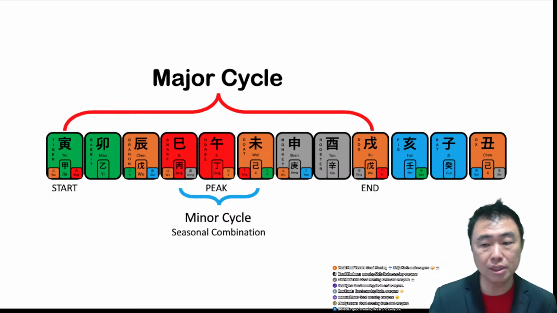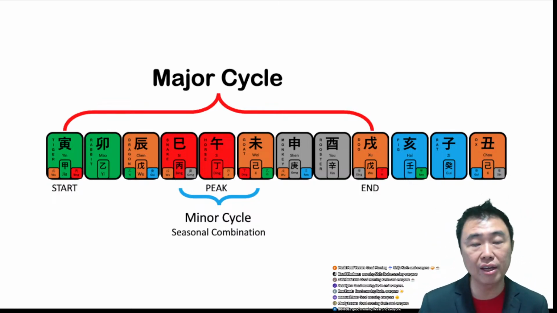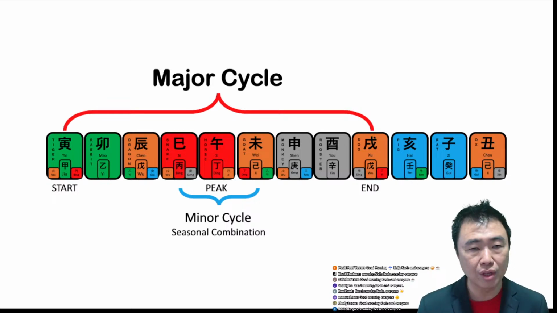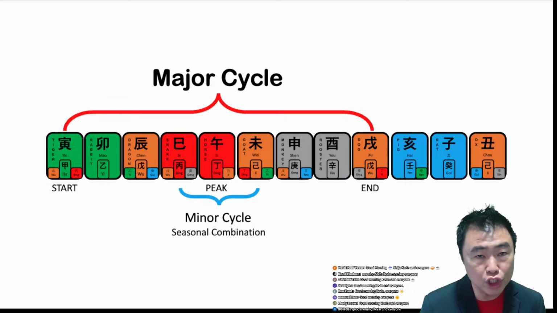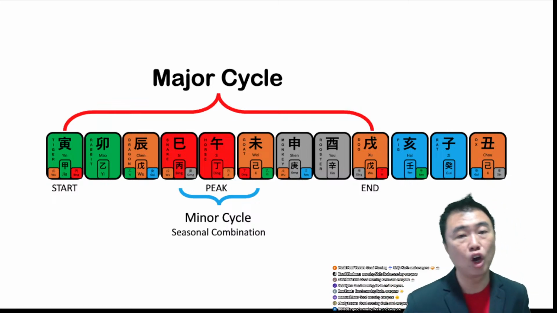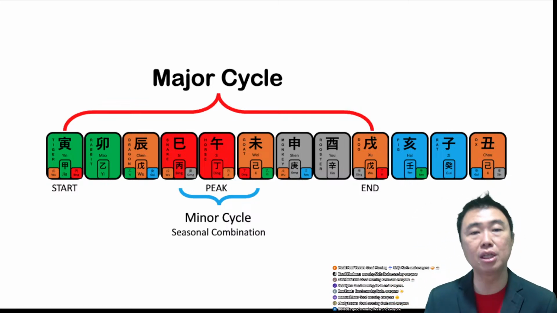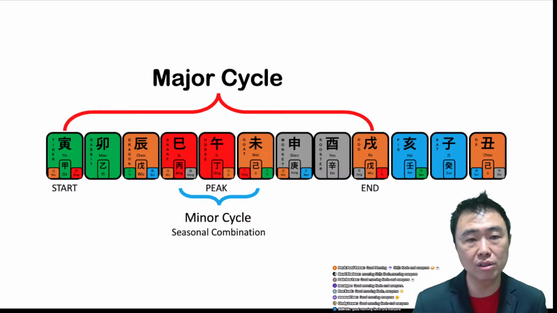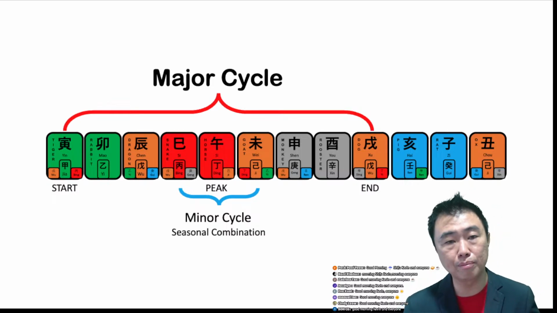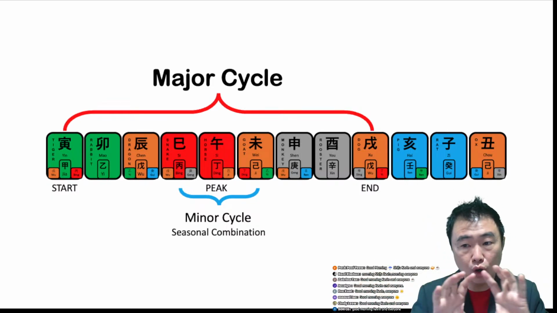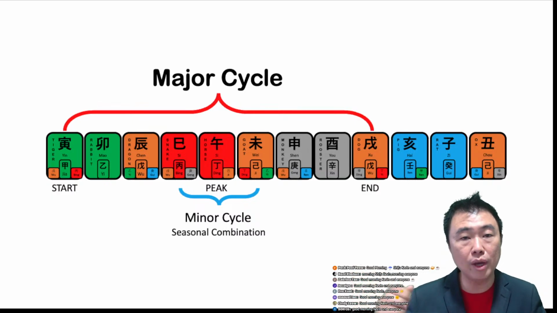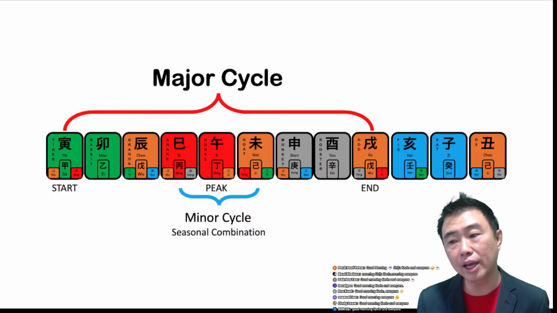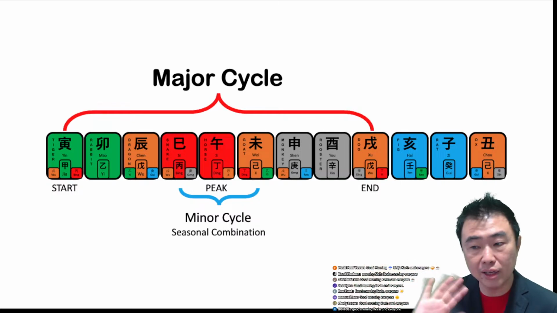Like this one is basically the fire energy. If you take a look, the fire energy begins, meaning it first appears in the tiger, right? The tiger has a Bing fire inside. That is what first appears in the tiger. It reaches its peak at the horse. The horse is where the energy becomes the peak, and then it disappears after it reaches the dog. So from tiger to dog is what we call a major cycle of energy. This is where the fire energy exists. Then when you look at the pig until the ox, there is no fire inside.